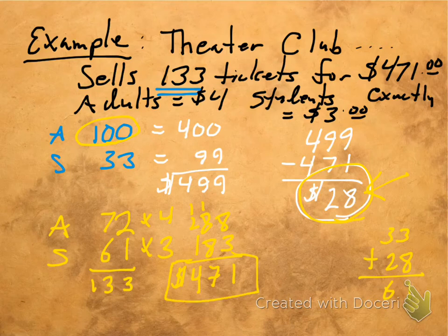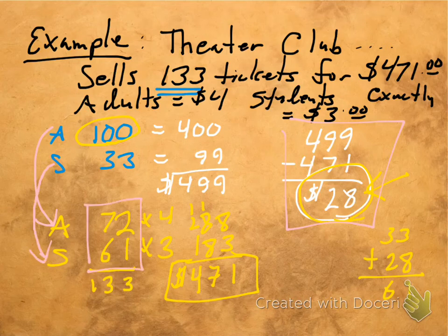So by thinking carefully about not just the fact that I missed, but coming over here and looking and saying, look, I'm exactly $28 over. So if I just tweak the tickets so that 28 of those adult tickets turn into student tickets, which is what I did to go from here to here, and do the same thing, go up 28 for the students, I get my solution. So there's the answer right there, 72 adult tickets and 61 student tickets, and it only